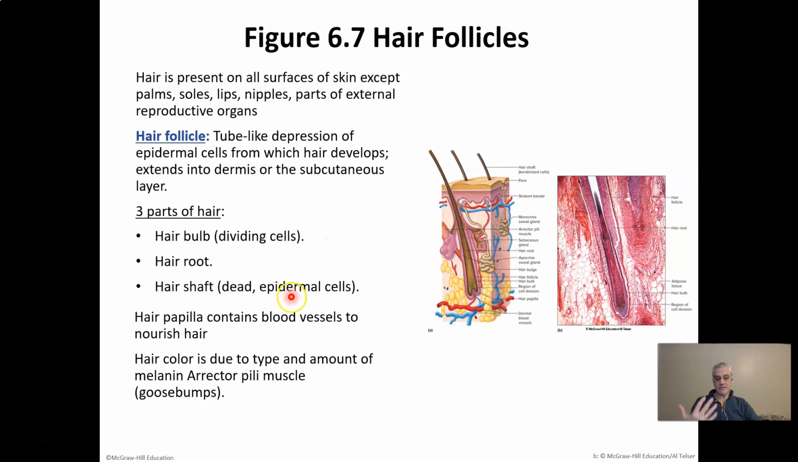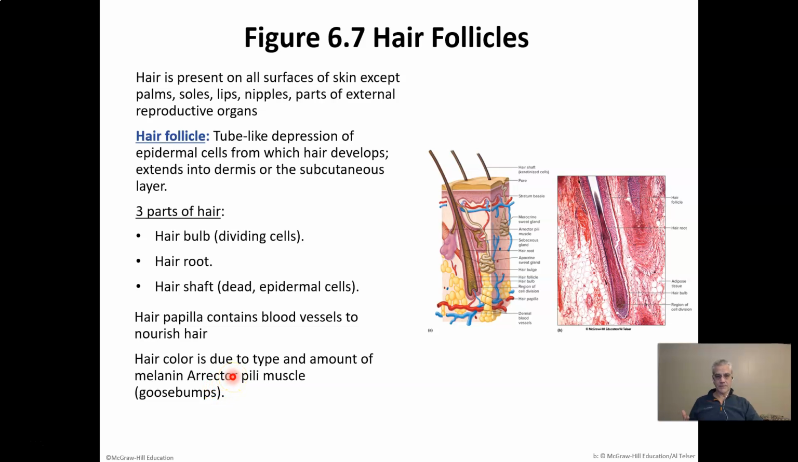Right? The hair shaft is made of obviously dead epidermal cells. Now, down in here, down in the bulb, there is going to be a nourishing supply of capillaries. There will be a capillary bed that surrounds this and nourishes those actively dividing cells. There's also another structure, and this was mentioned a couple slides ago, but there is a muscle, a smooth